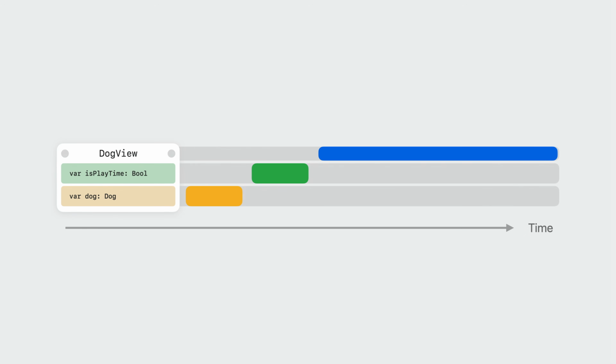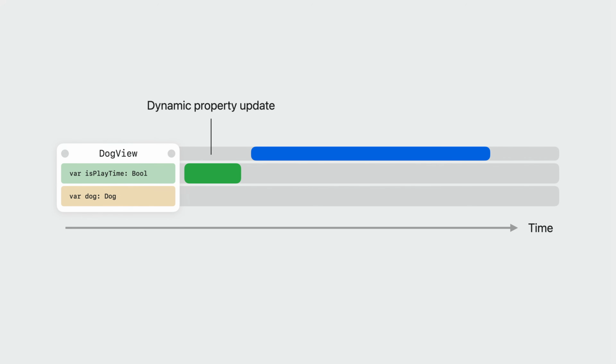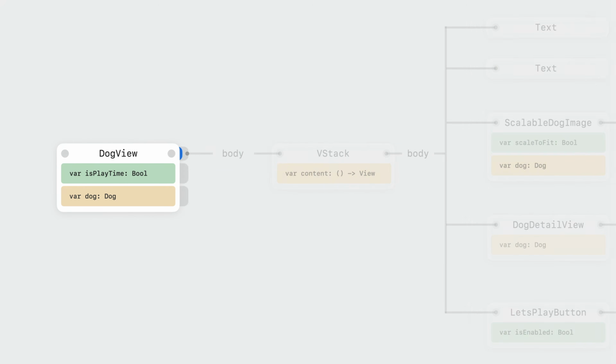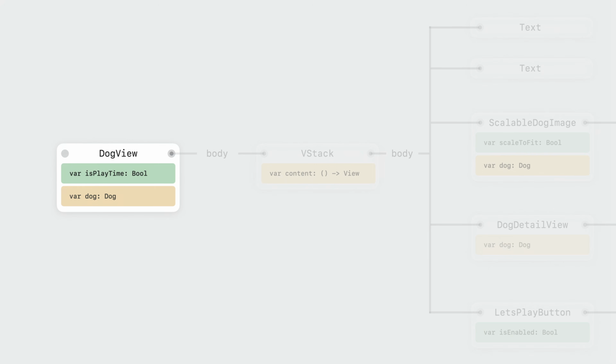If we visualize time on the x-axis, the first step in the update process is to produce a new value for the view. This value encompasses all the stored properties of the view, like the dog value and the initial value of the dynamic property. Next, SwiftUI updates all of the dynamic properties of the view, replacing their values with the current ones from the graph. Finally, with the updated value, body runs to produce the view's children. Let's bring in the graph again. This process recurses to update the interface, only updating those views that have new values or other change dependencies.